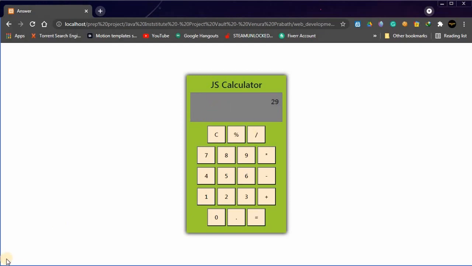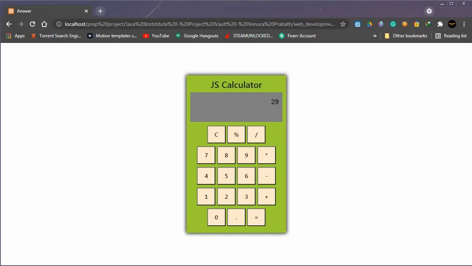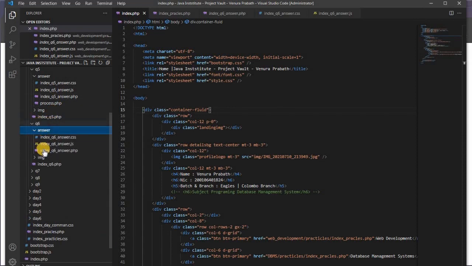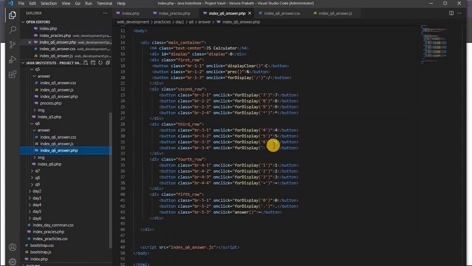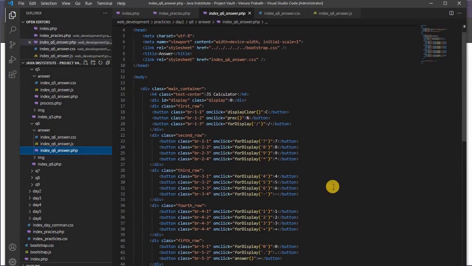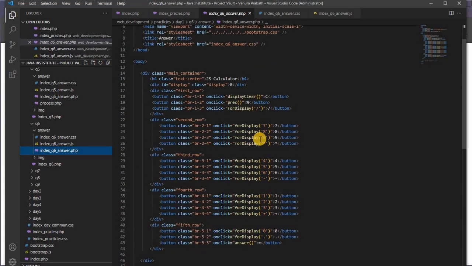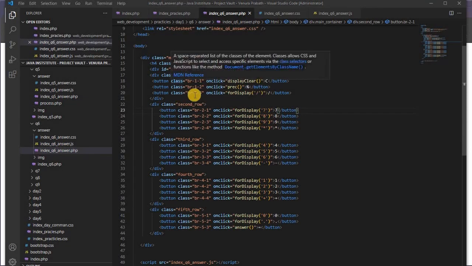Let's see how I wrote the code. This is VS Code, and I'm going to show you the project file of my calculator. Here's question 6, and here's the index page. These are the buttons I created for the calculator. You can see I didn't use an HTML table, but I added some CSS classes